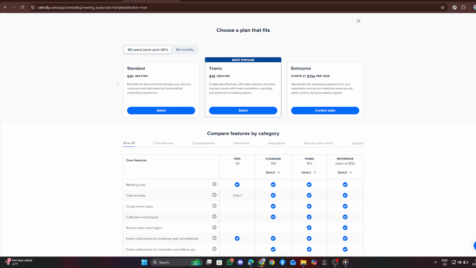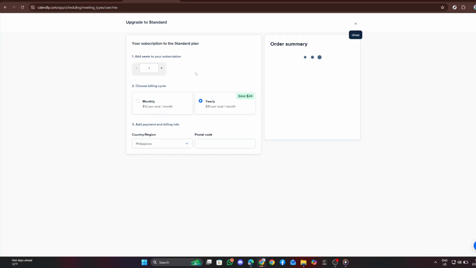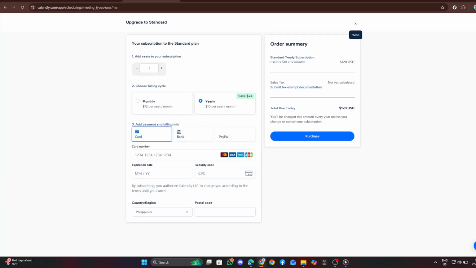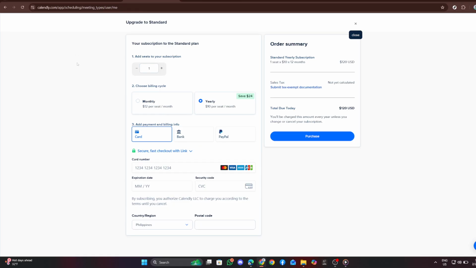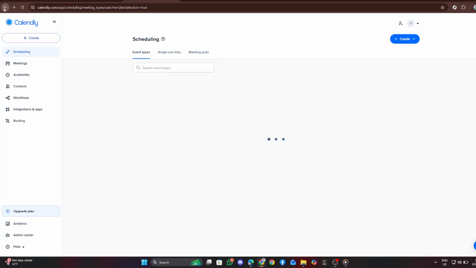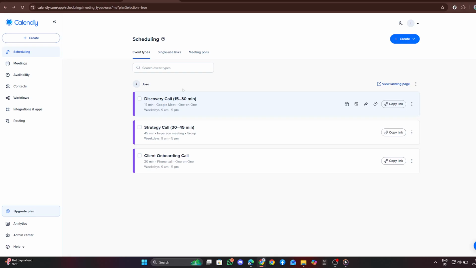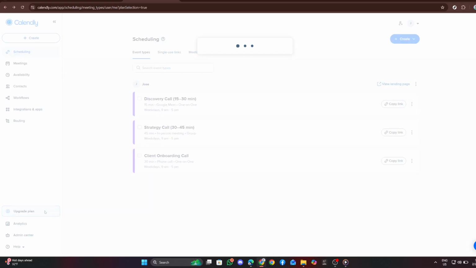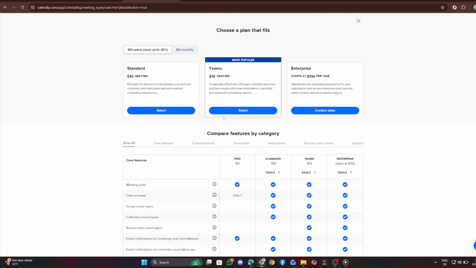Once you have reviewed the Standard plan, you may also consider the Teams option. To do this, click on the button labeled Teams. This plan is designed for collaborative scheduling and can be beneficial if you are working in a team environment. The page will update to reflect the details of the Teams plan, allowing you to compare it with the Standard